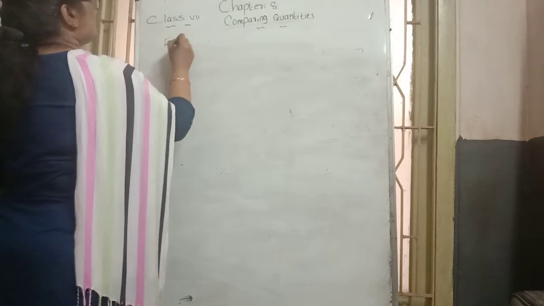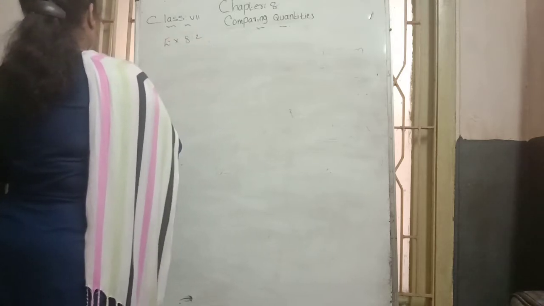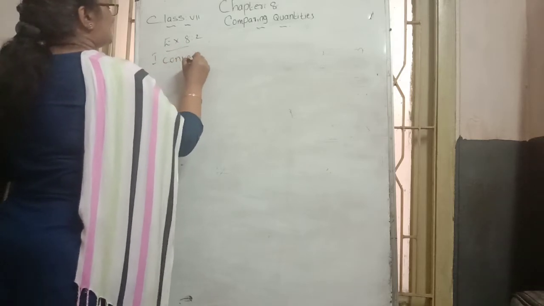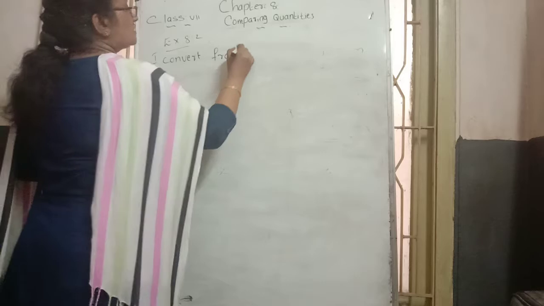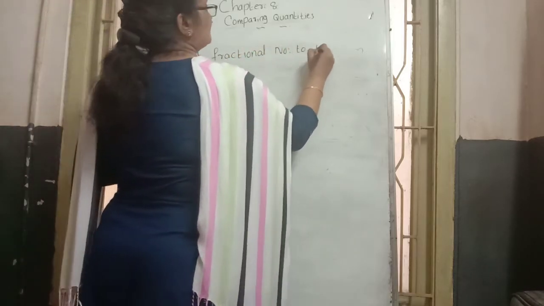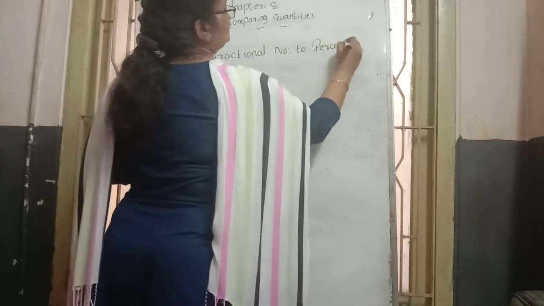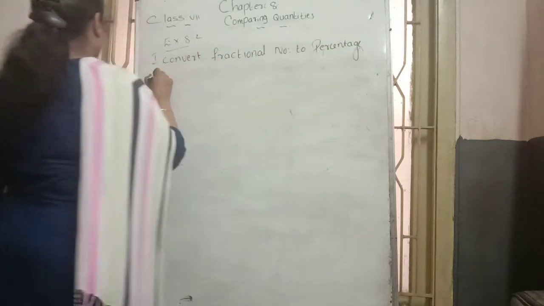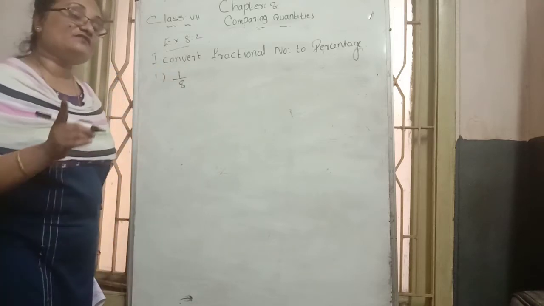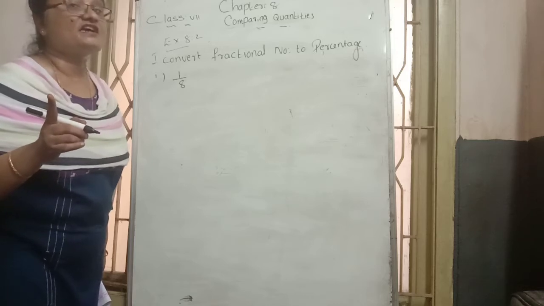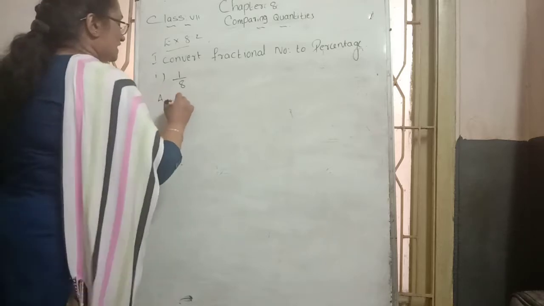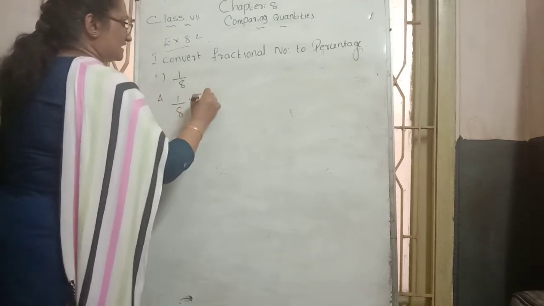Exercise 8.2. Yeah, first question, convert. In the first part they are asking to convert a fractional number to a percentage. How to convert a fractional number to a percentage? The first question is 1 by 8, a fractional number. How to convert? What do I say, multiply with which number? 100%. Then we can write it as a percent. So 1 by 8 is multiplied with 100%.